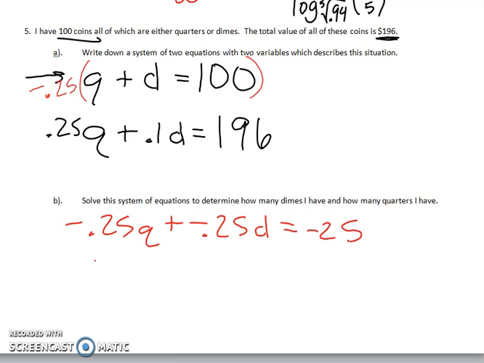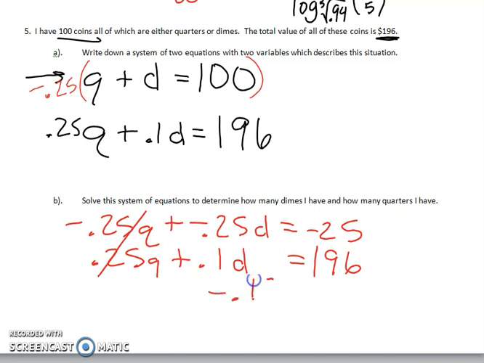And then down below, I've got my 0.25Q plus 0.1D equals 196. Okay, now I need to add these together. My Q's will cancel. Negative 0.25 and 0.1 gives me a negative 0.15D equals